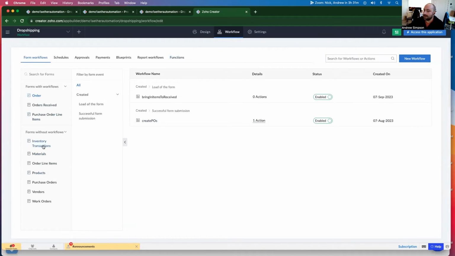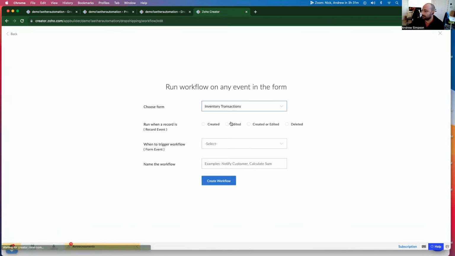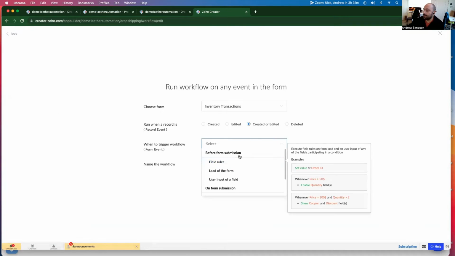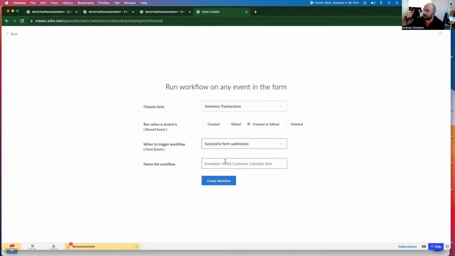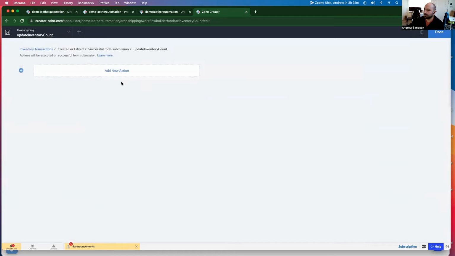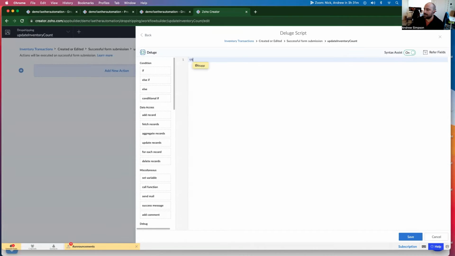So when a new inventory transaction is created, let's do created or edited, update inventory count. Run a Deluge script, this app dot inventory dot, and I go inputs dot products dot ID. And when I click save,